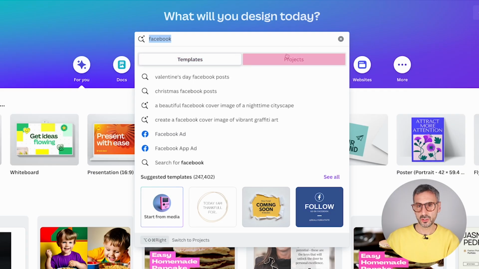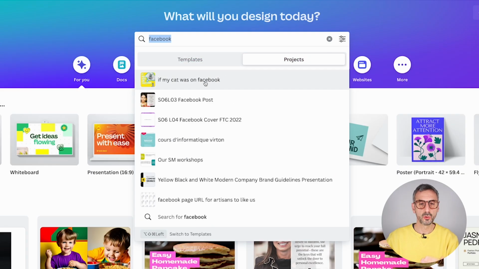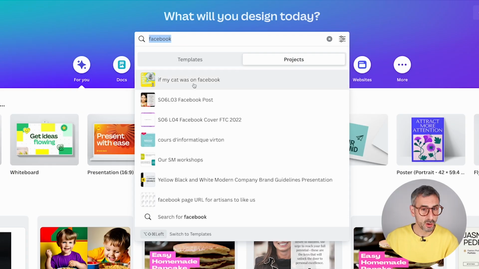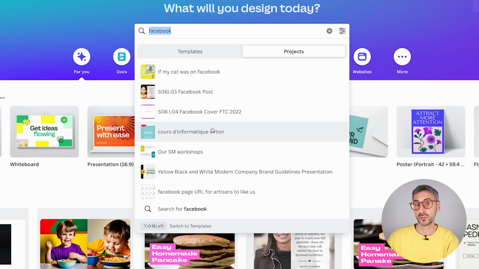Or you could search and switch to the second tab here that says projects. And when you do that, you will be searching for the designs you have created that contain the keyword Facebook. And when I mean Facebook, it could be Facebook in the title of the document, like here, for example, if my cat was on Facebook, or it could be simply a keyword that is inside one of your Canva designs. Canva also can search the text